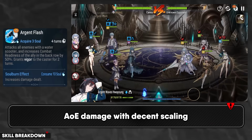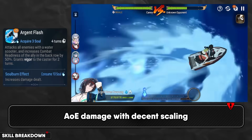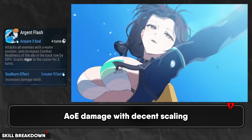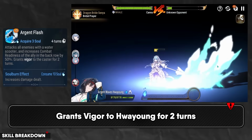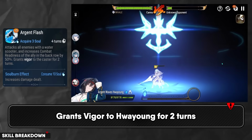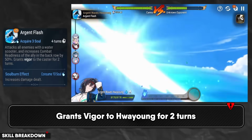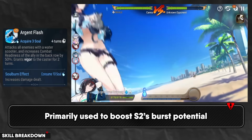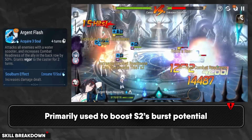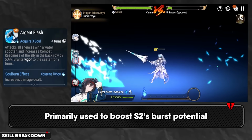Let's start by breaking down her skills. Skill 3. This skill attacks all enemies and then increases the combat readiness of the ally in the back row by 50%. It also grants vigor to the caster for 2 turns, and this means it's a strong AoE ability that not only deals damage, but also enhances Hwayoung's offensive and defensive power through the vigor buff. However, as you'll see later, its main purpose is either boosting Hwayoung's damage or being used for its 50% combat